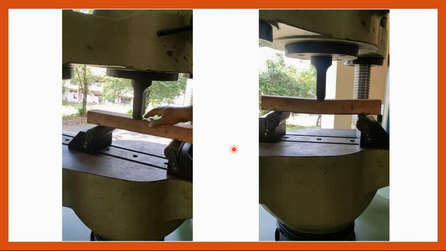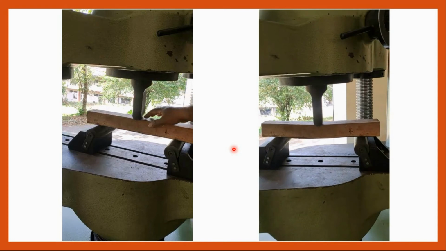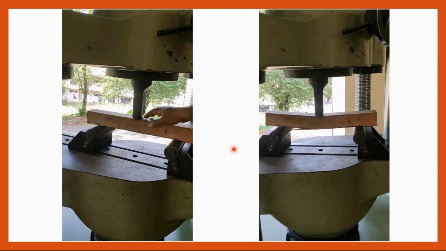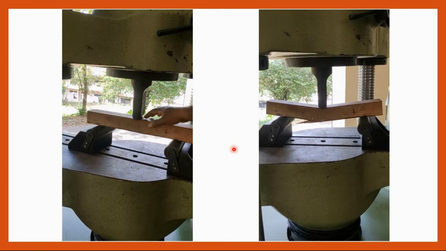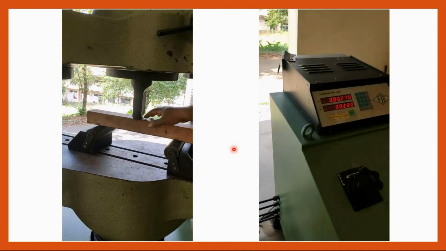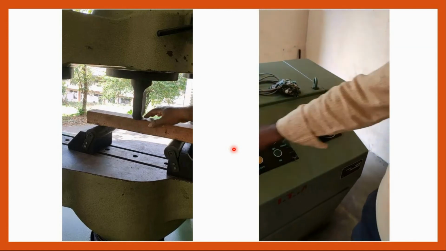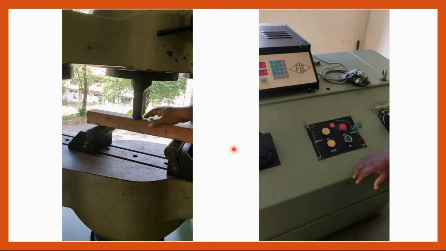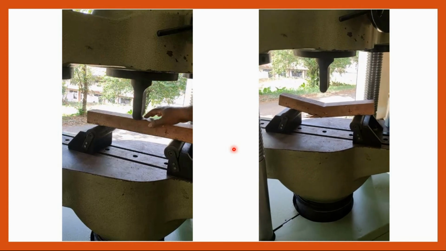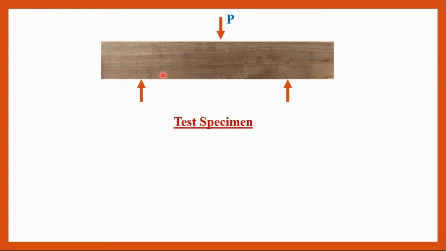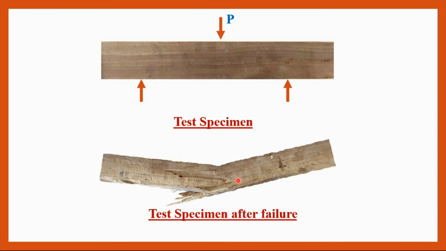Now the specimen is subjected to displacement, deformation. So take the ultimate value of that. After the failure of the specimen, release both the valves. Then press the up button of the controlling unit to raise the middle crosshead and take out the specimen. Previously we had the test specimen with simple support at the edges, L equal to 300 mm, subjected to point load at the middle. This shows the failure of the specimen after application of the load.